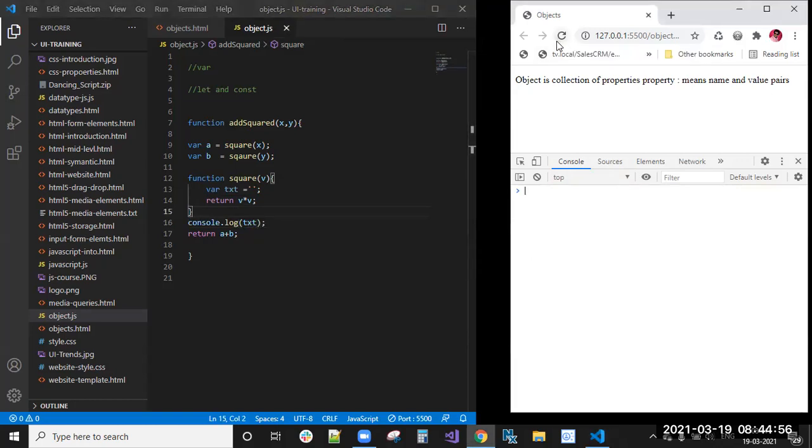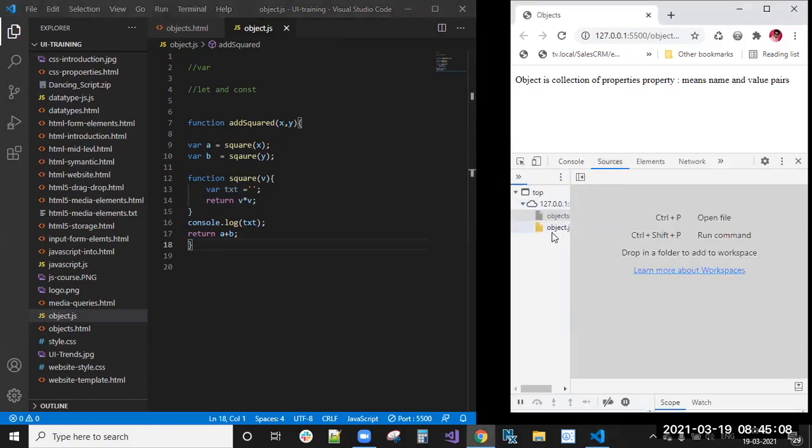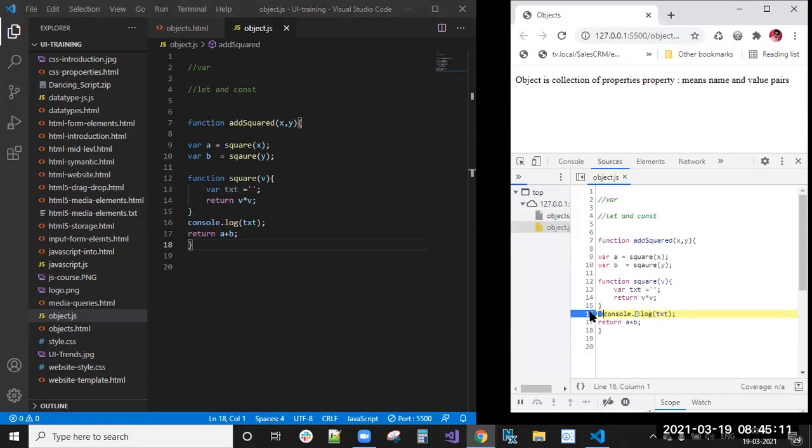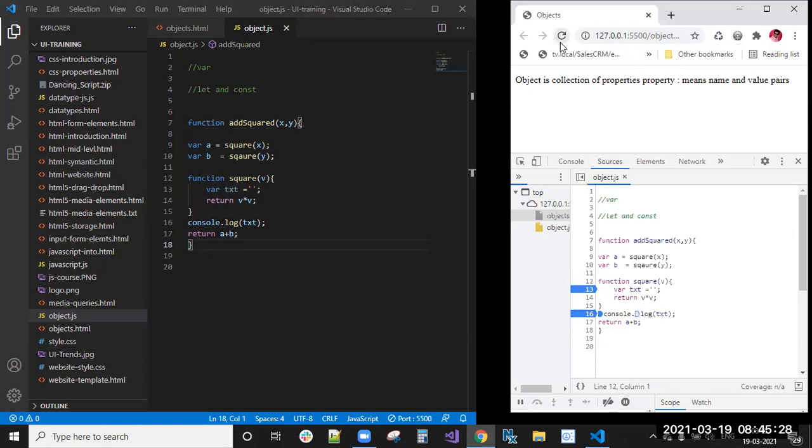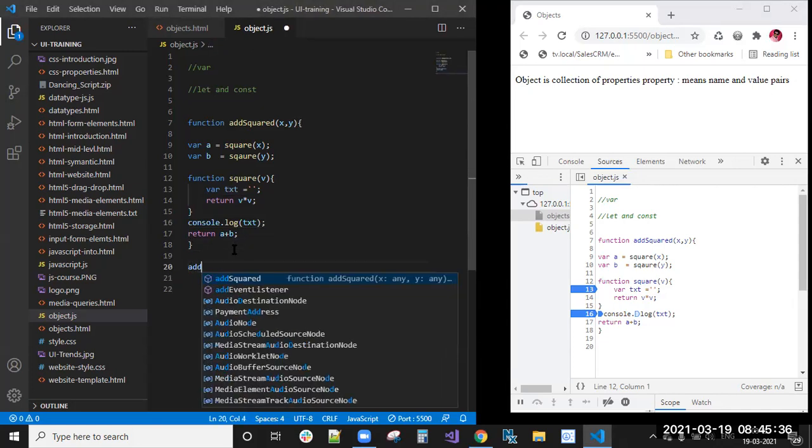Why is it not calling this? Because we haven't called that function, right?